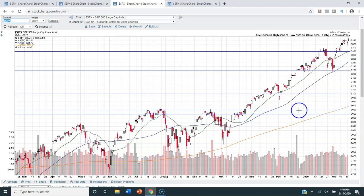3000 level. But any of you that have been watching my videos as of late know that round numbers have, and it's been like this for a long time, a century or more, been noted by legendary traders to have a psychological effect on human beings, both in individual stocks as well as the indices. So this 3,000 level and the 3,100 level could be quite critical going forward. So hopefully we won't see those numbers anytime soon. But if we pull back to those levels, at least you'll know that they should provide some psychological as well